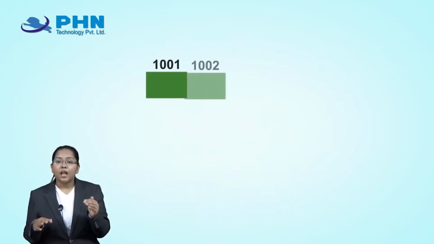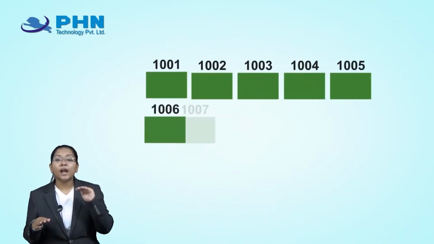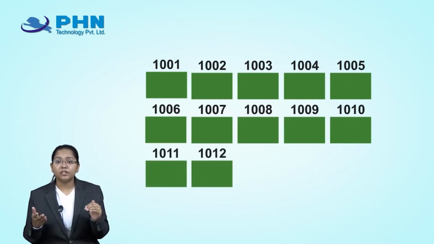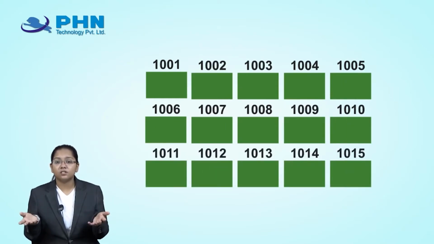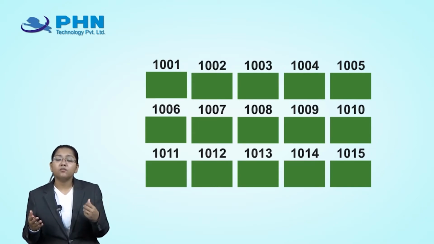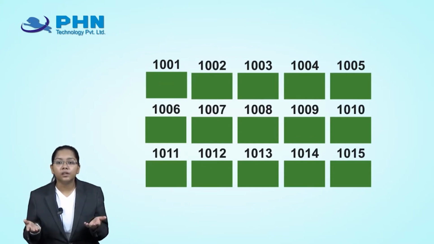Now, in memory, there are some blocks, some divisions like this. And these blocks have certain addresses. Every time we say that a variable has a certain address and so on. So, these memory blocks have addresses. Why do these memories have addresses? If you want to access the memory, how will you do it?